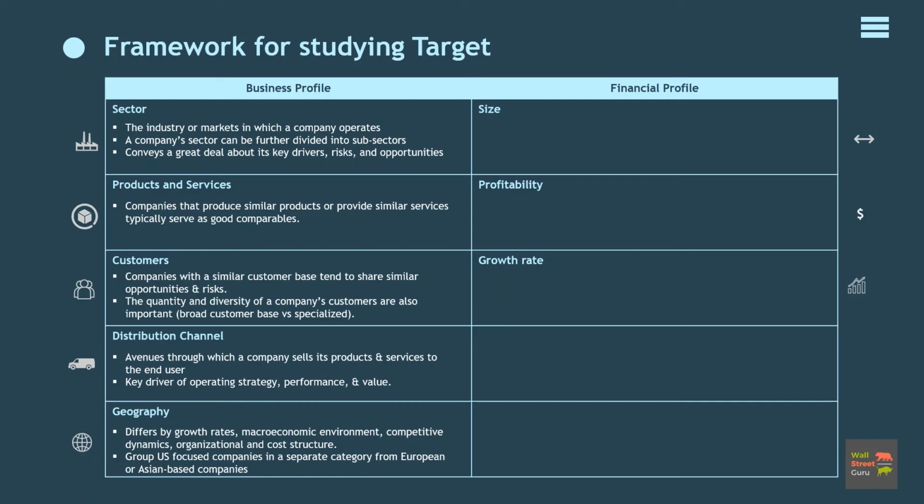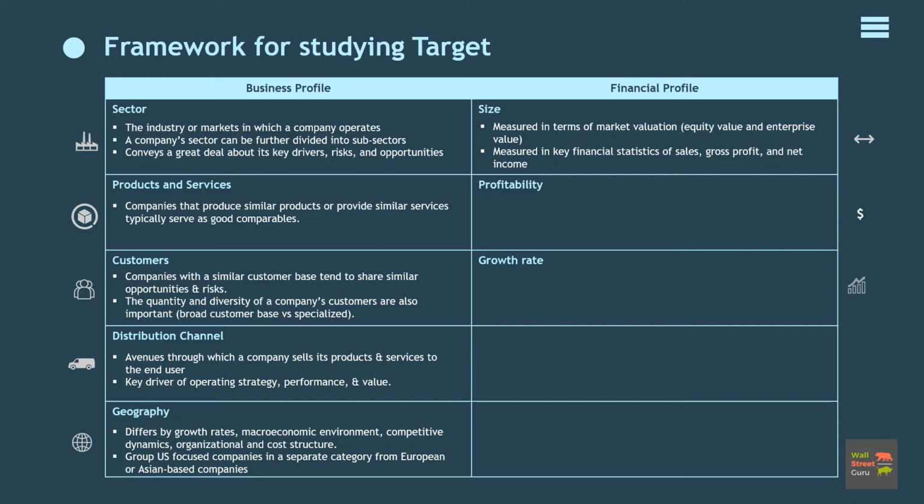Financial profile. Key financial characteristics must also be examined, both as a means of understanding the target and identifying the best comparable companies. Size is typically measured in terms of market valuation of equity value and enterprise value, as well as key financial statistics of sales, gross profit, and net income. Companies of similar size in a given sector are more likely to have similar multiples than companies with significant size discrepancies. This reflects the fact that companies of similar size are also likely to be analogous in other respects, such as economies of scale, purchasing power and pricing leverage, customers,